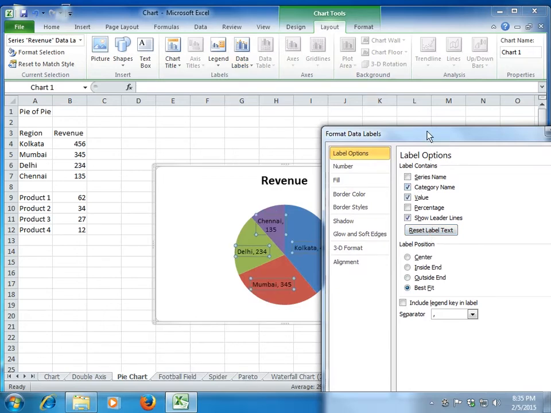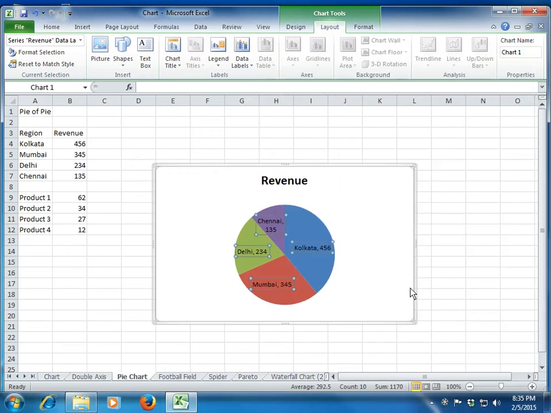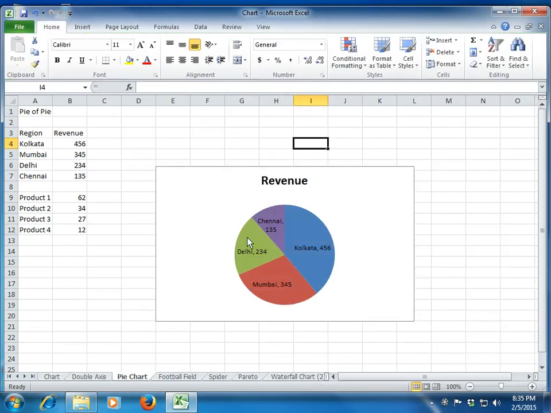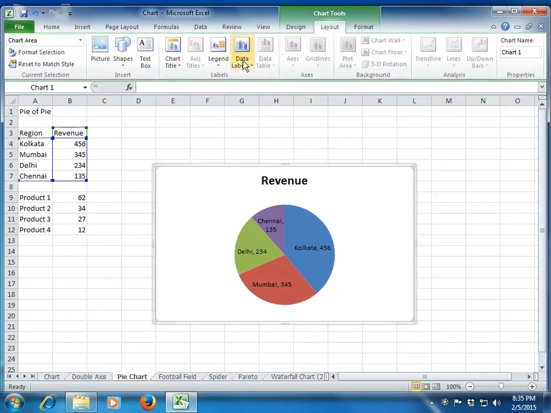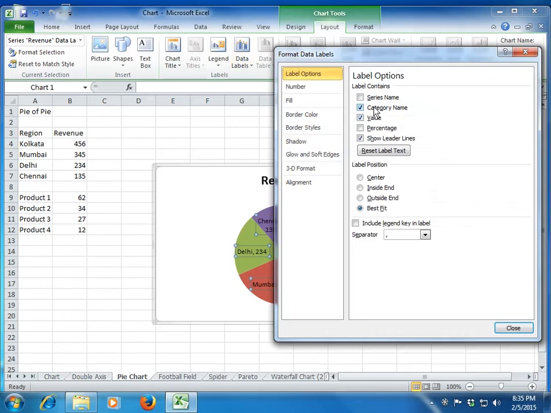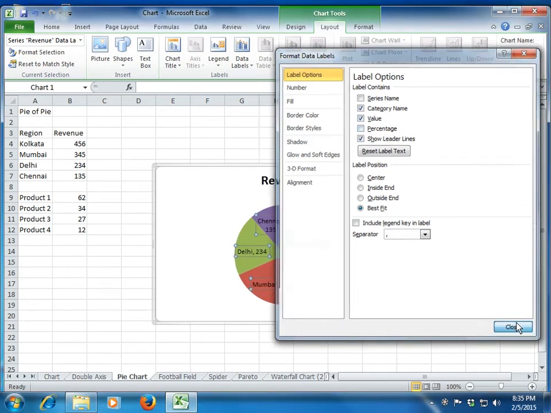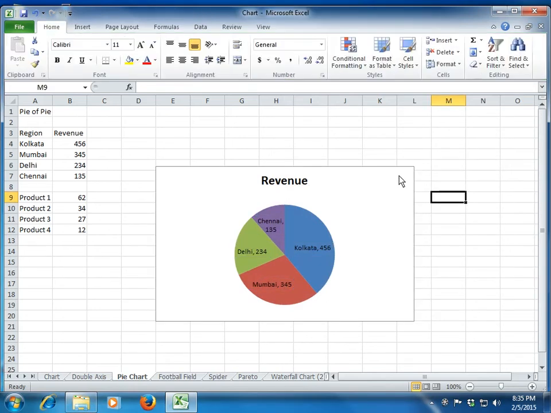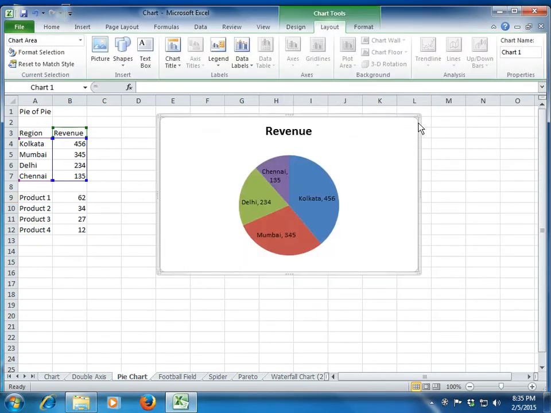So if I click on category name, you see that now Excel is populating the category and the value both for me, right? So this is one thing which is not very obvious, so do remember that. All you have to do is go on data label, click on more data label options and select the category name option. If you don't want the value but you want the percentage, that is also possible, right? So if you want to see what is the contribution of Delhi, you can click on the percentage, right?